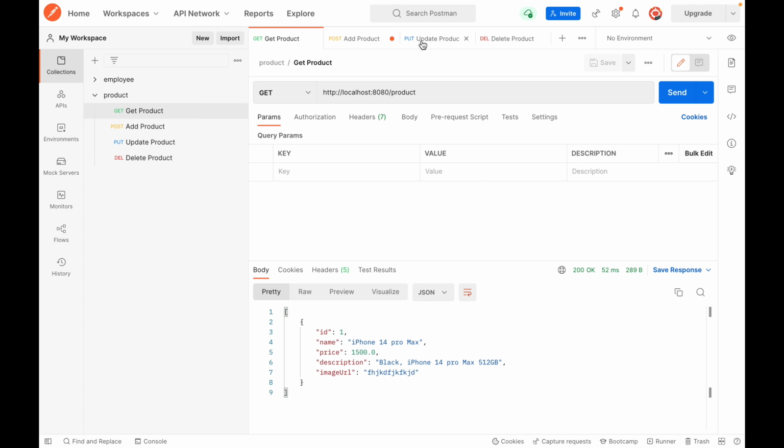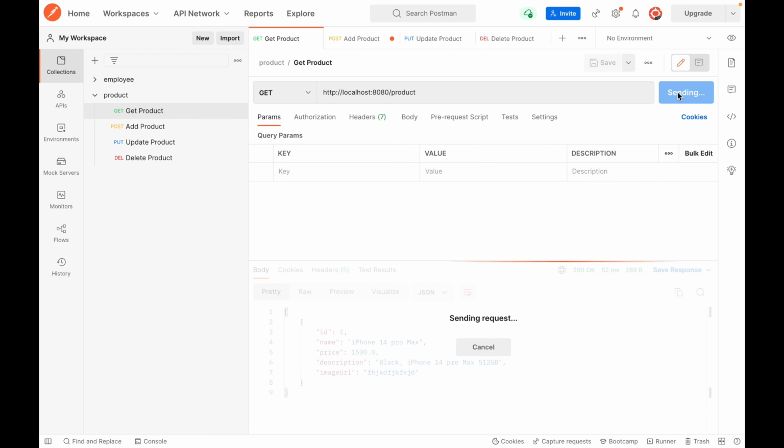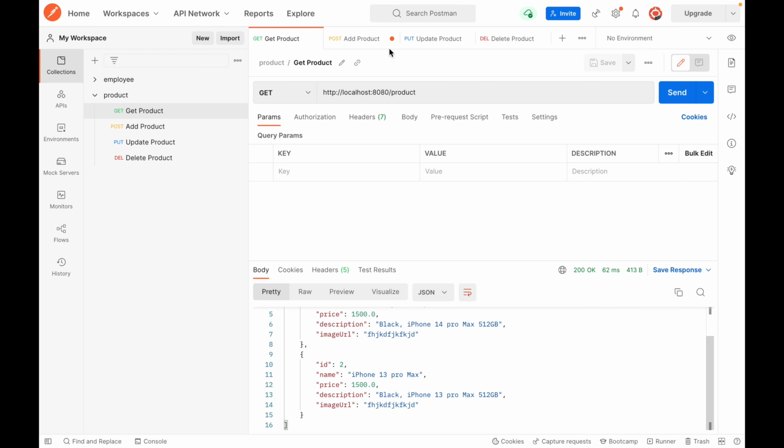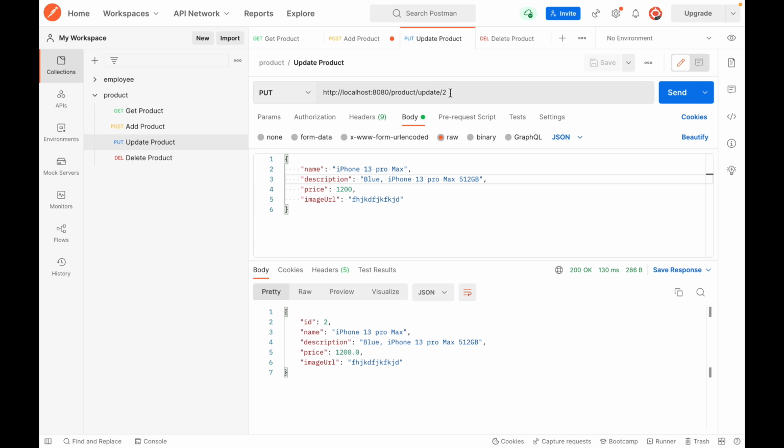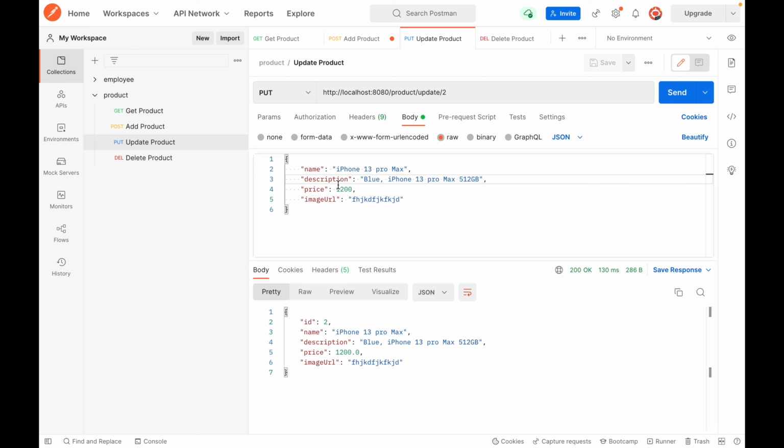Okay, and also we're gonna send one more data, which is iPhone 13. And now we have two data in our database. Now we're gonna take the update endpoint, and we're gonna update the second one, which is this one, iPhone 13 Pro Max and black. We're gonna change it to white, white 13 Max. Okay, and let's send it,